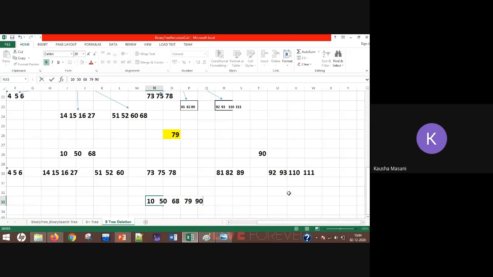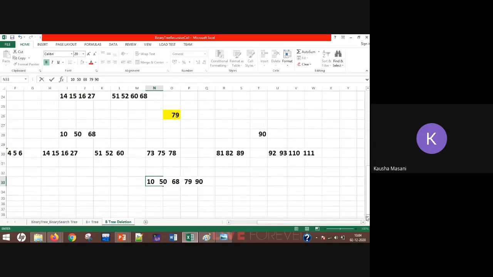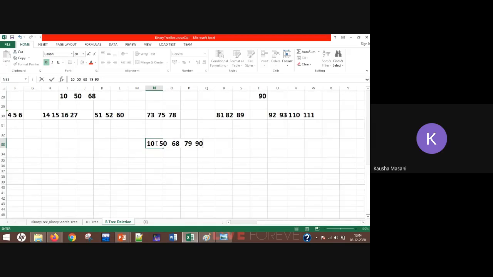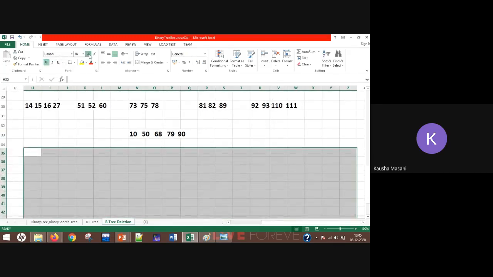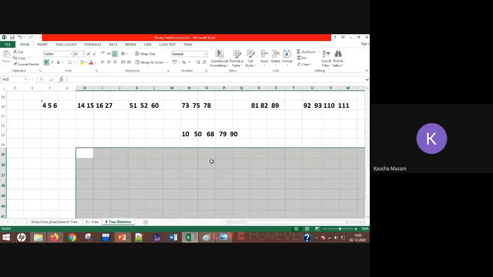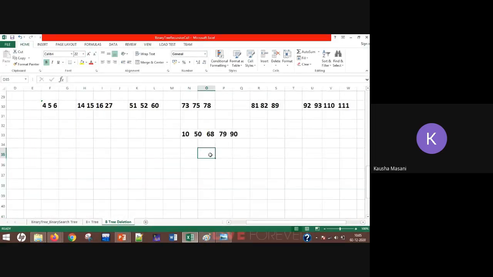Select the median value. Who is the median here? 68. So you'll select the median value, 68.